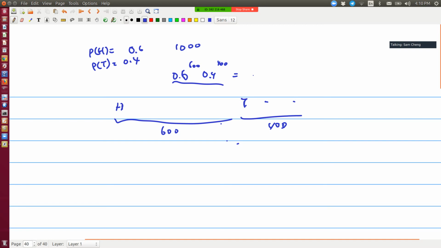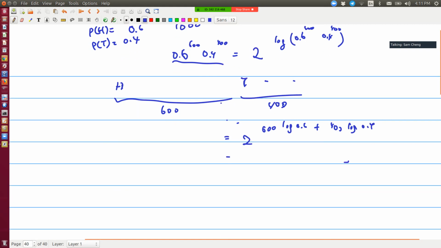I can write this as, let's see, 1 means 0.6. No, I want to put it in this kind of 2 to the log something form. 2 to the log of 0.6 to the 600, 0.4 to the 400. So then it's 2 to the 600 log 0.6 plus 400 log 0.4,